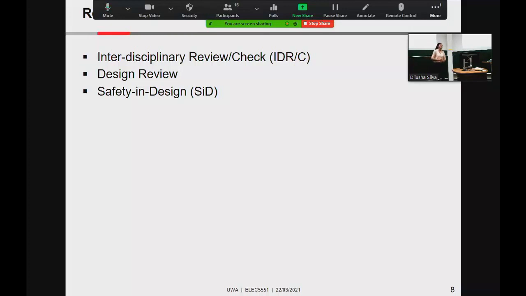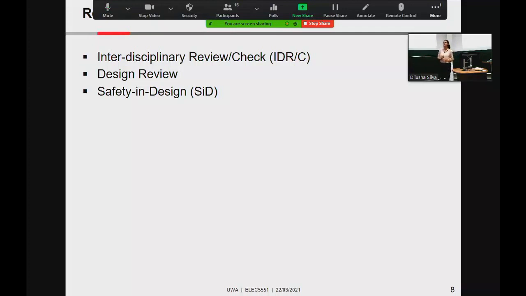So once we reach a certain stage, say you are doing a preliminary design, all your documents and your drawings are ready, you then distribute to other engineers. They review it, send back your comments. Some people need to provide services for your system as well. Say for electrical engineers, there'll be